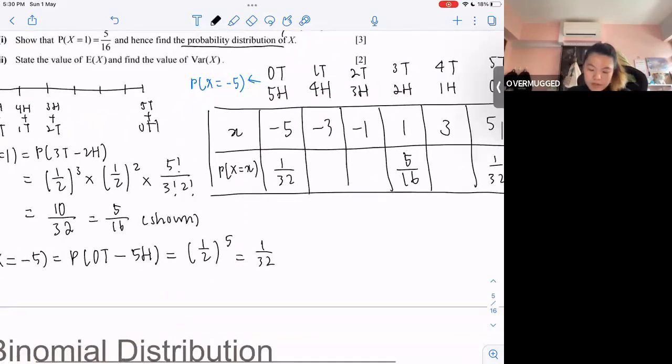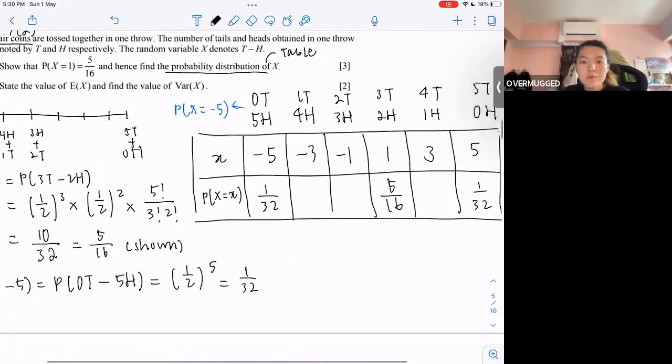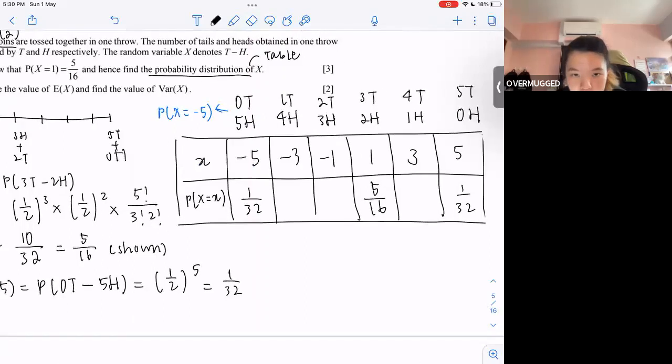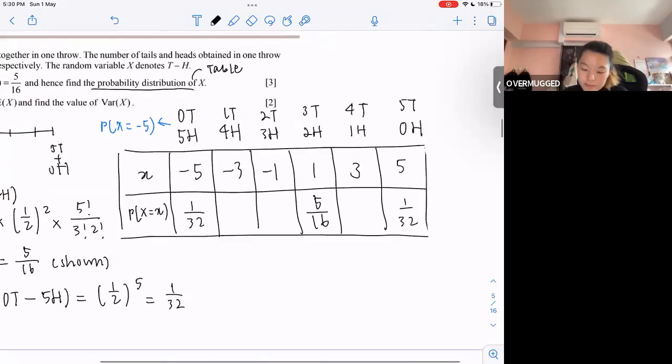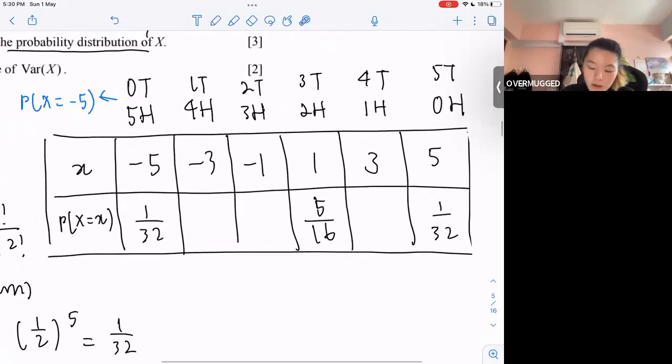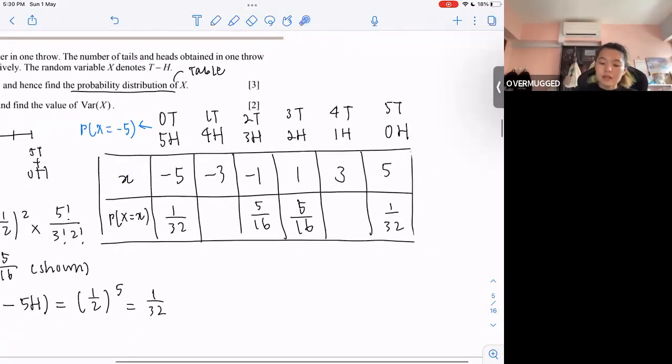Now let's do it for x equals -3. Actually, I'll leave you to do that, because the 1 over here will be the same as this -1 over here, so this will also be 5 out of 16. Can someone calculate the one for 3 and -3, which are the same? You can see that it's going to be symmetrical. And tell me what it is.